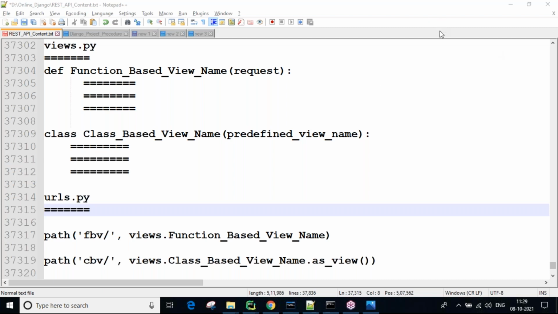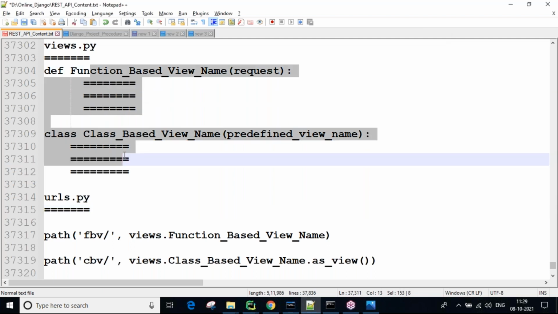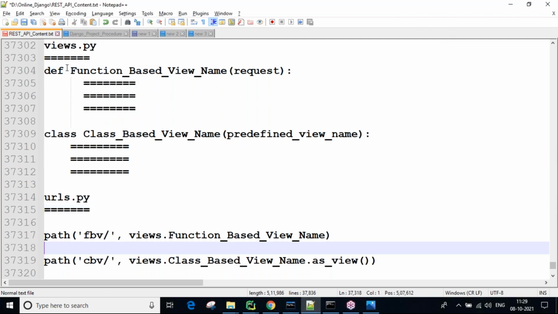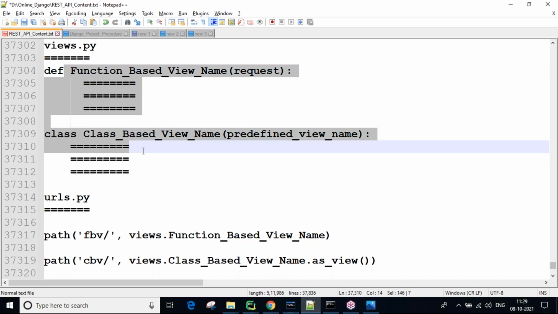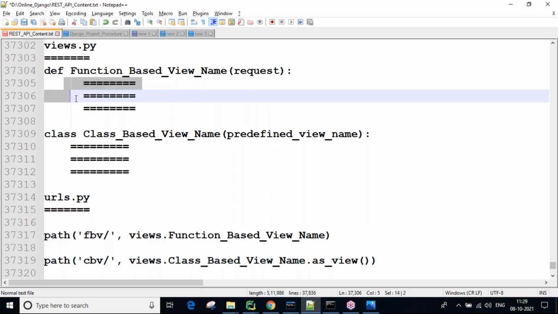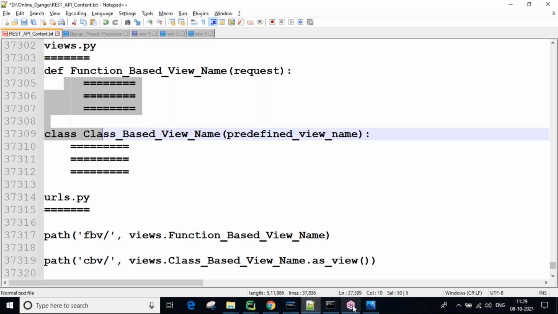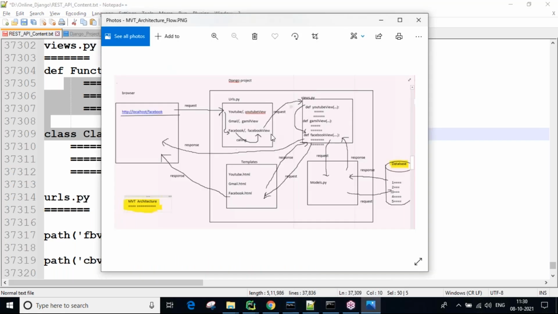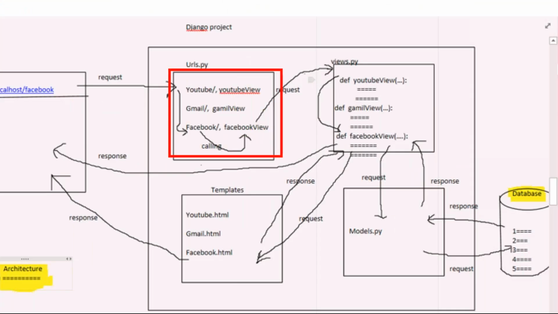Okay. Last two points only, guys, about this one, and then we will stop this session. Now you created, guys, these views, and to execute these views we are creating URLs. All the URLs go inside url.py, and all the views inside views.py we are writing. That is according to this architecture, guys. So these URLs are done right now, and these views I have done now.